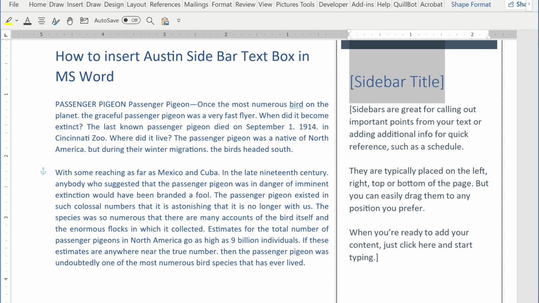The primary reason to use the sidebar like the Austin style is to improve document hierarchy and readability. Basically, Austin sidebar breaks up walls of text, making the document look more professional and less intimidating to the reader. Moreover, it is perfect for did you know sections, pull quotes, or technical definitions that are relevant but not central to the main arguments. So, for example, in the title you can type